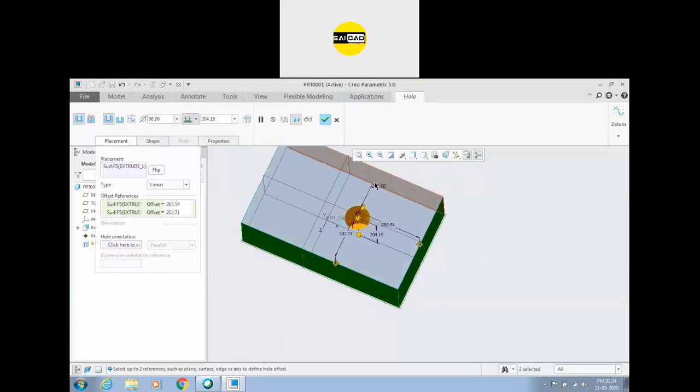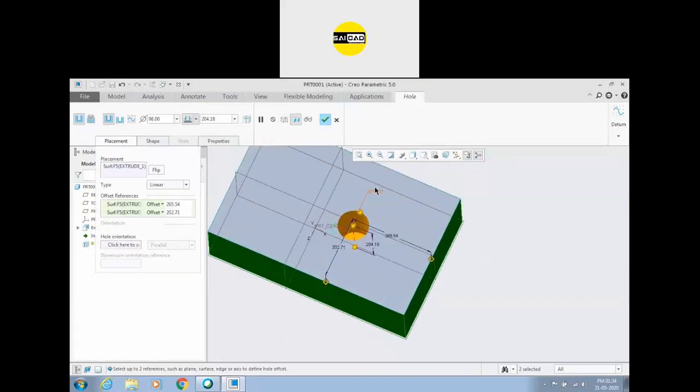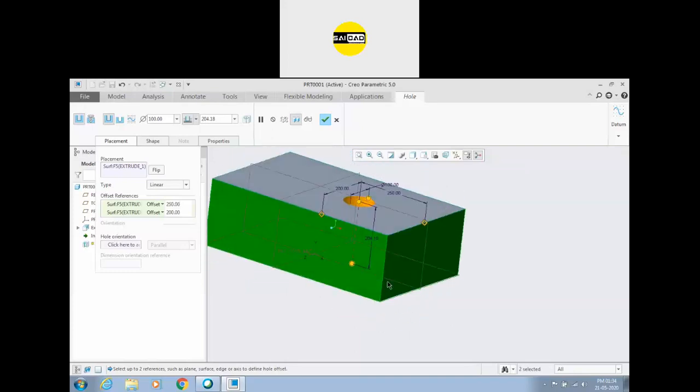After that, we have the diameter of the hole from here. So you can define the dia. Define these values, 200, and I need that to be 250. After that, there is the last option, that is depth of the hole. Depth of the hole can be defined from here. Right now it's on blind, so the value you define will be applied to this one.